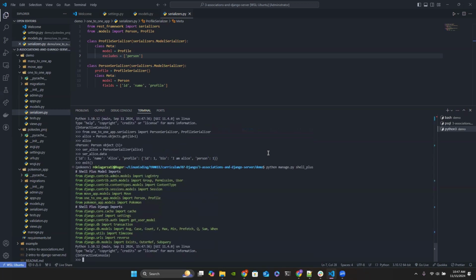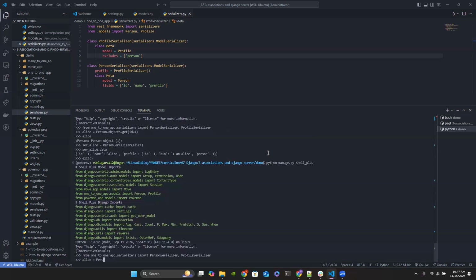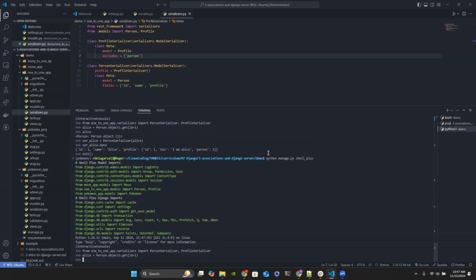I know this is very long, so I'm trying here, but let's go ahead and redo that again. The purpose is to show you how all this works and why we want to do stuff within our serializer to ensure we grab the data that we want to get within our serializers. So we'll say from one_to_one_app.serializers, import PersonSerializer, ProfileSerializer. We grab Alice once again for the last time, Person.objects.get, where ID is equal to 1. Let's serialize Alice with the PersonSerializer